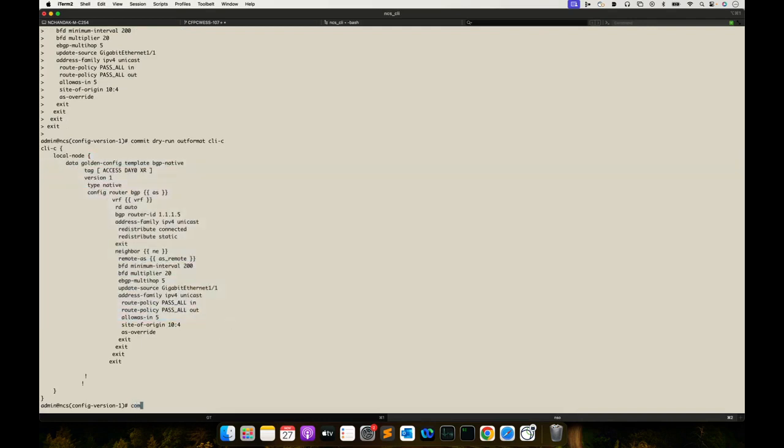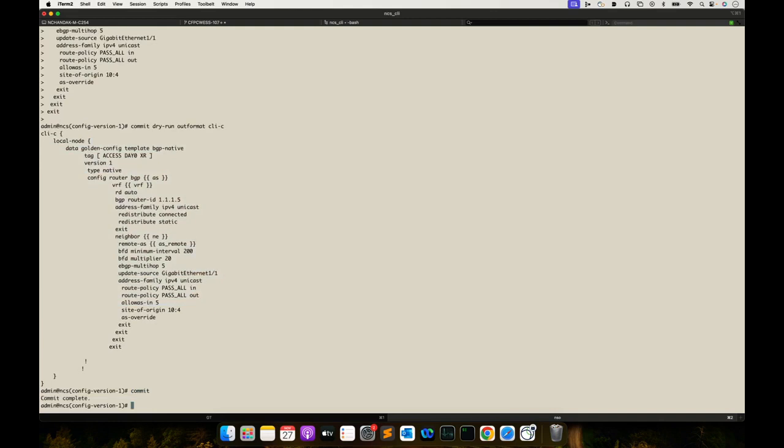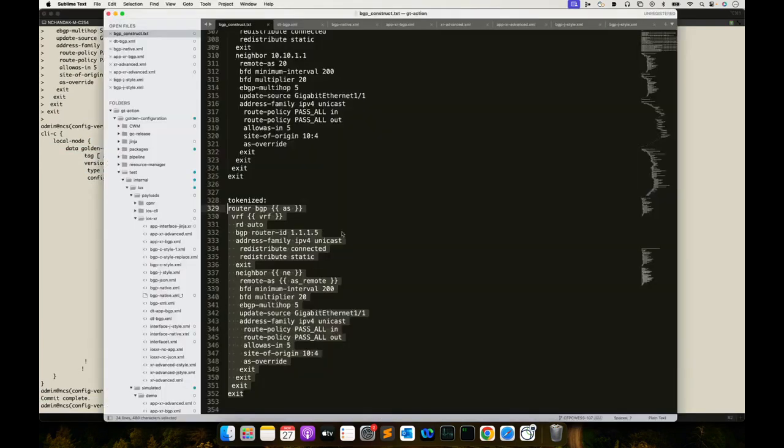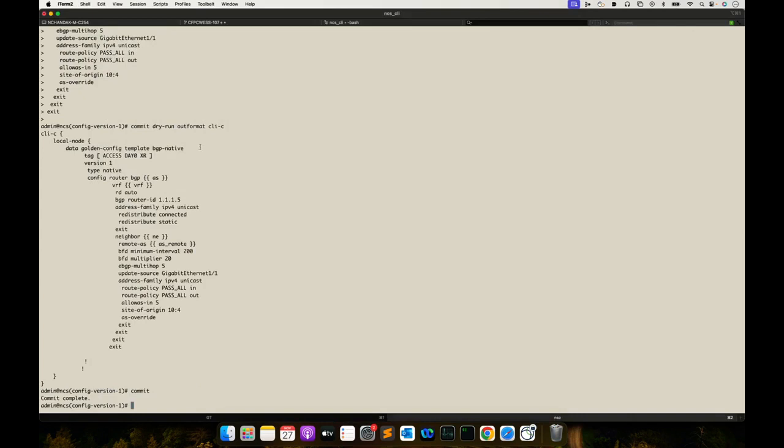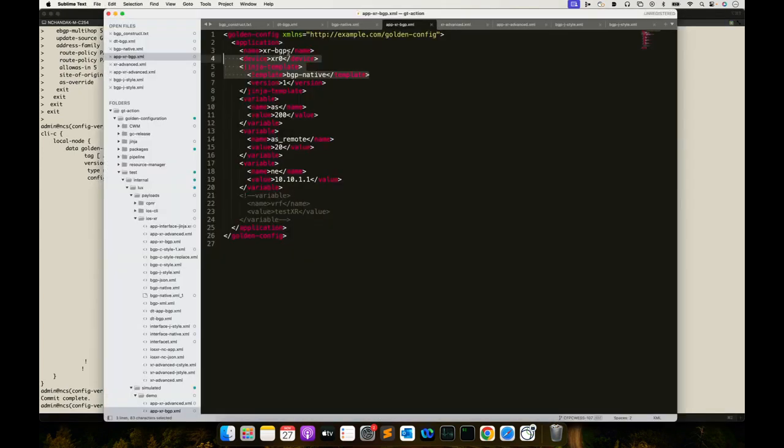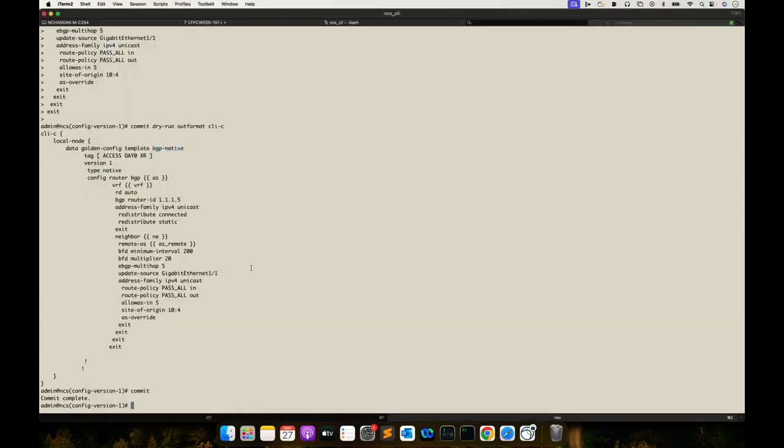I will commit the template, and the next step we want to do is create an application. So our application looks like this. We have a name, and here we are using the template name, the same template which we have used just now, BGP native, its version, and we are going to apply it on device XR0, and we have given values to a few variables. Let me load merge,